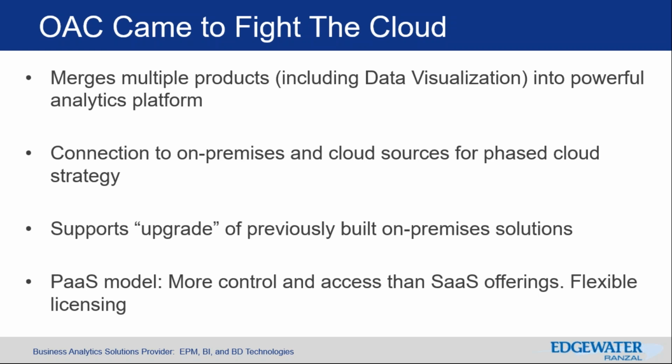OAC also supports what I want to call an upgrade of on-premises solutions. Upgrade is not really a true word, that's why I have it in quotes there. But what I mean by that is OAC allows you to not lose any investment you made in development in Oracle's on-premises tools. So, for example, if I'm an OBIE shop and I have this RPD, this metadata model that I've been working on for years, and it's very good and it's tested and it's been vetted, and I don't want to change it, OAC allows us to push that model into OAC from the on-premises OBIE instance and use that same model. It doesn't require me to recreate